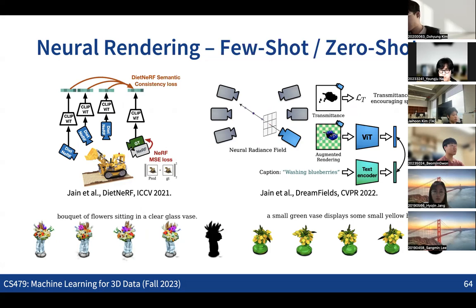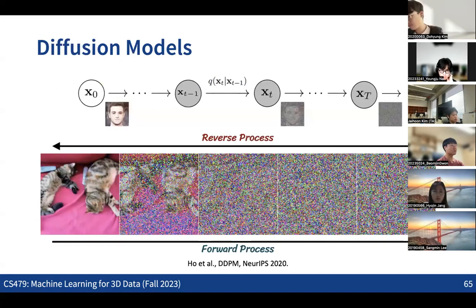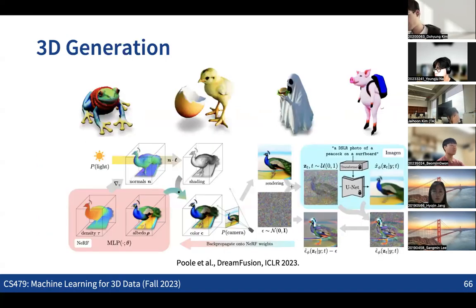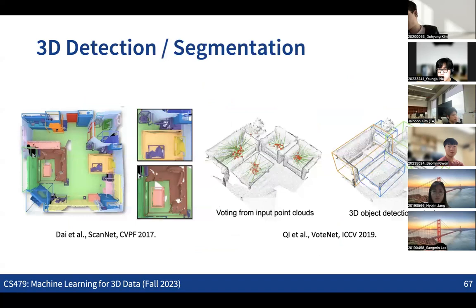And to properly generate all these 3D things, we also discussed the idea of diffusion models, having the reverse process and the forward process. And at the end of the discussion of diffusion models, we also discussed score distillation sampling, which can be used as guidance in terms of checking whether the rendered images are real or fake in 3D generation. And this could be incorporated into the NeRF pipeline, so we are not doing just 3D reconstruction, but 3D generation. And then we also discussed some ideas for 3D detection and segmentation, some applications of this 3D processing.